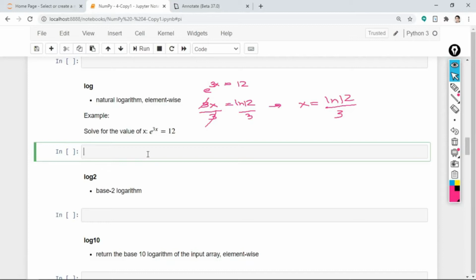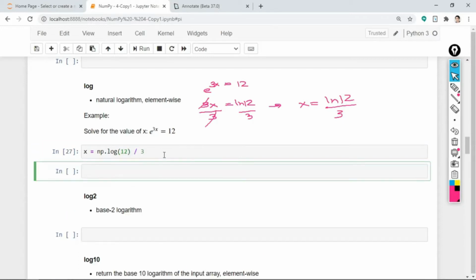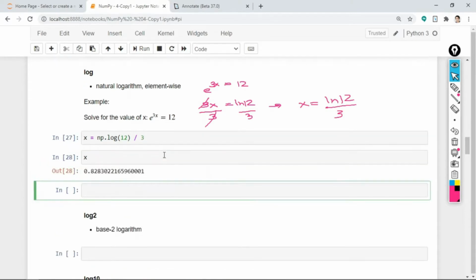So how do you compute the value of x? Let's go directly to the computation. x is equivalent to np.log of 12 divided by 3. Let's execute that one. So the value of x will be